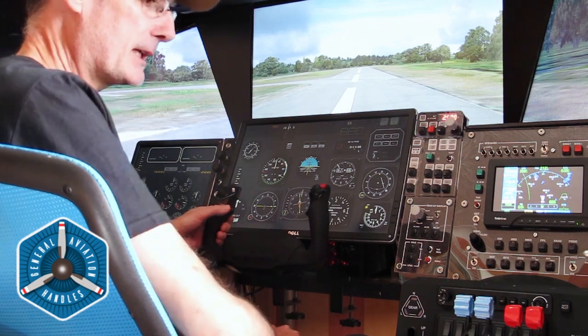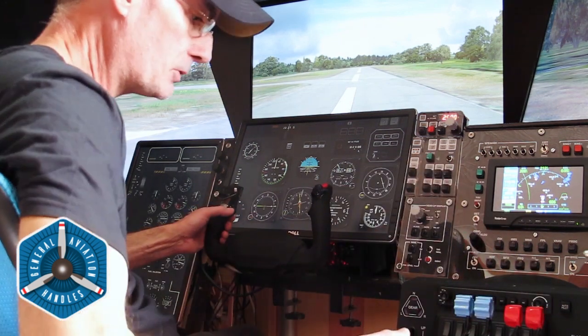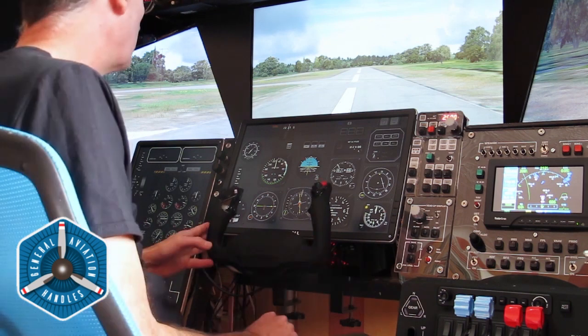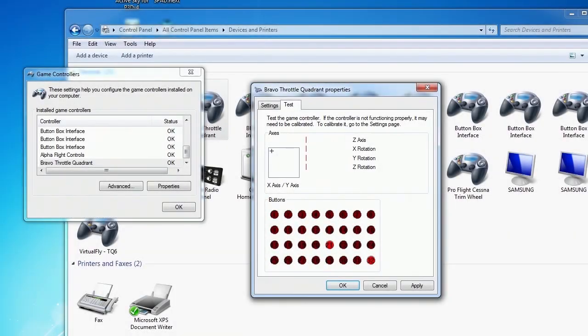So there we go, first excursion with the Honeycomb Bravo throttle, general aviation, twin turboprop, Twin Otter with some of the autopilot functionality. We'll figure out what else to do and we'll be back. So just looking a little bit at the setup in Windows. This is Windows 7, we're in the control panel,